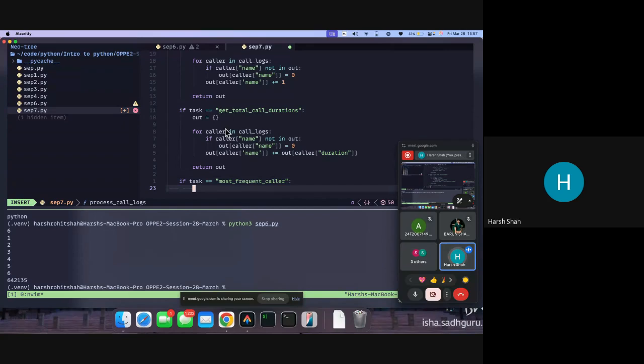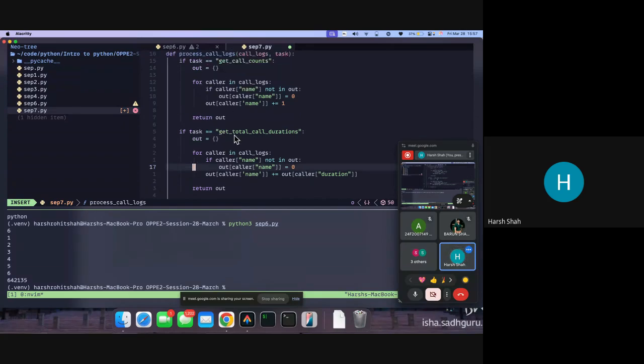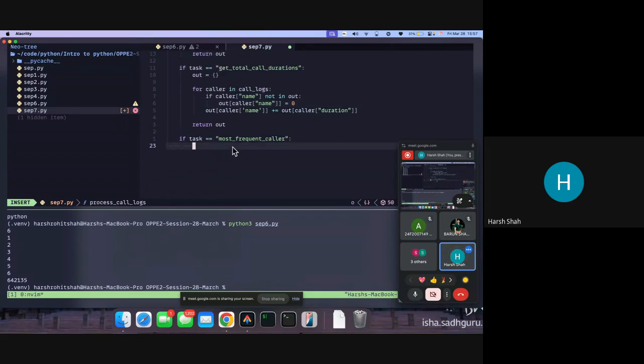So we can do this by making use of the above two things. How? The first thing is they are telling highest number of calls. So I can call this function with get call counts and I'll get this dictionary, correct? So let me just call the function. The name of function is process call log with call logs as it is passed and get call counts, right? I store that dictionary as call counts,